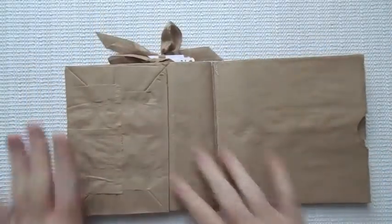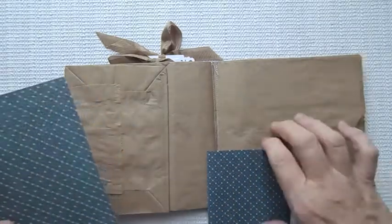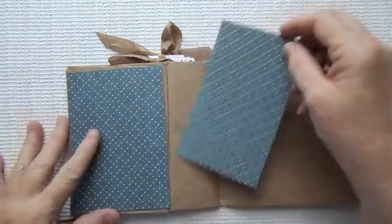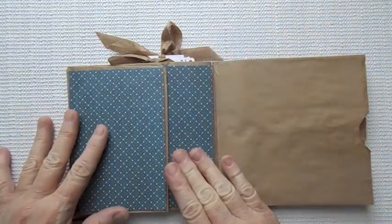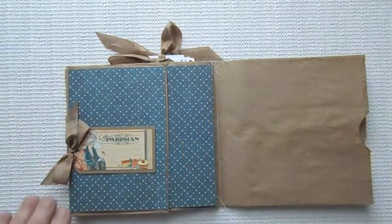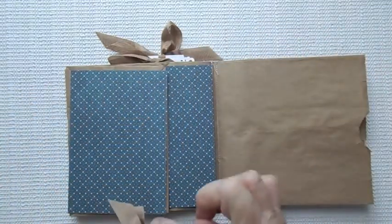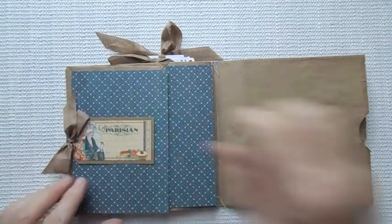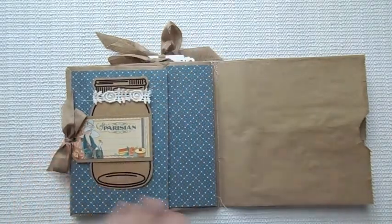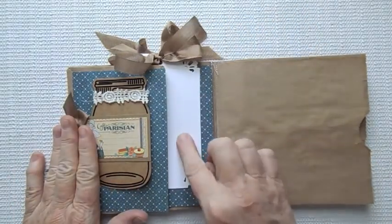So now we're going to get ready to have the layout for this page. And on it, you will have your flap paper, and you will have your inside flap, and then this will just lay right in here, and then this will tuck behind it. So I will just use a little bit of sticky strip to hold that in place, and then this will slip behind,